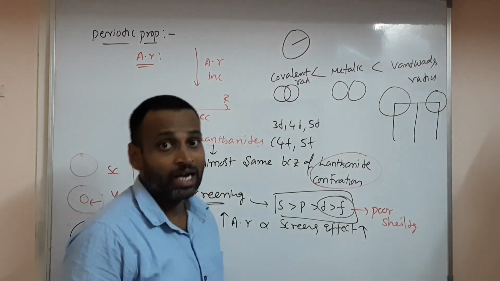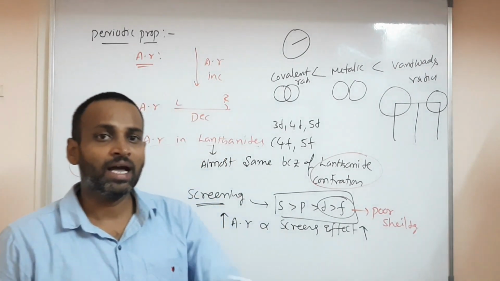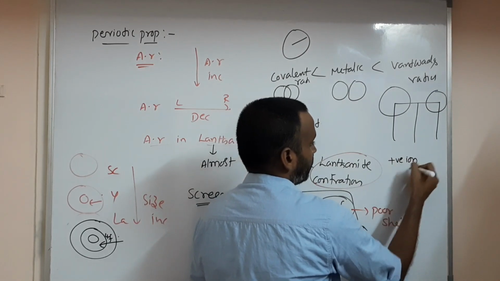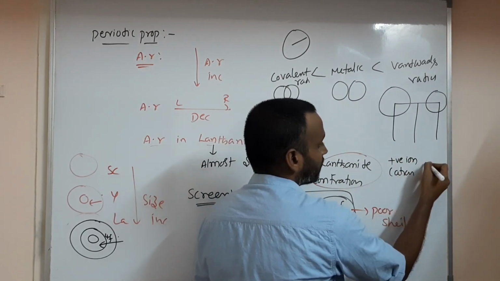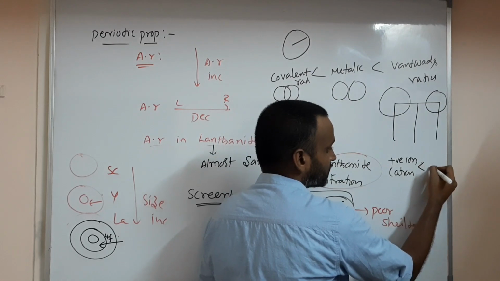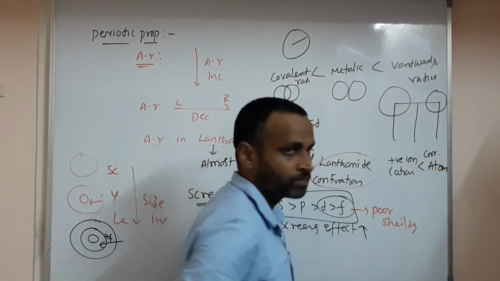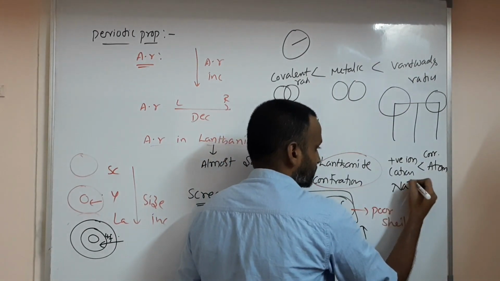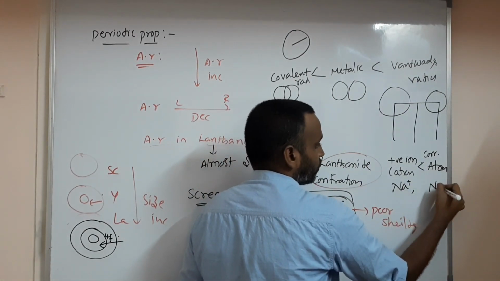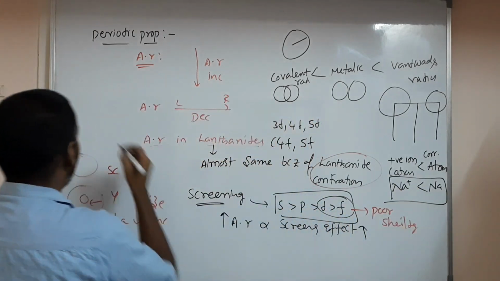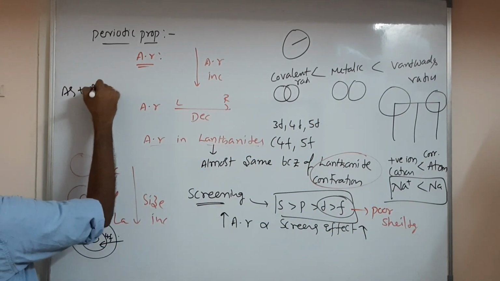Okay, one more is there. Ionic radius: cationic radius and anionic radius. Cation is a positive ion. A cation always has a smaller radius than its atom. What atom? The corresponding atom. Suppose Na+ and Na, which has more radius? Na, the corresponding atom. And one more, as positive charge increases,